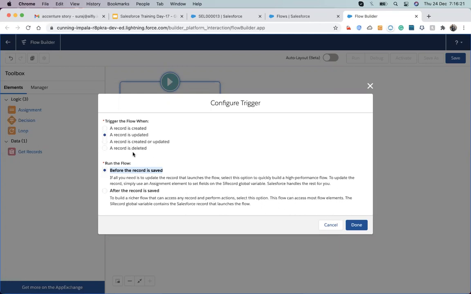That's why we usually choose before. This is only to have best practices, it's not about a rule. Because with DML we are updating the database twice if we choose after and we are working on the same object. Twice for the same record we are doing two DML operations. But in this case, the record is not saved yet; just before the saving we are making the calculation. That's the thing.